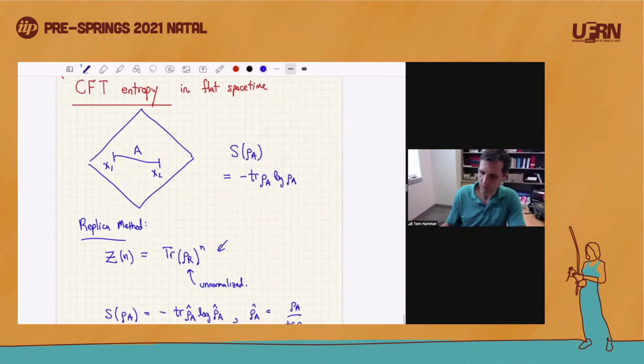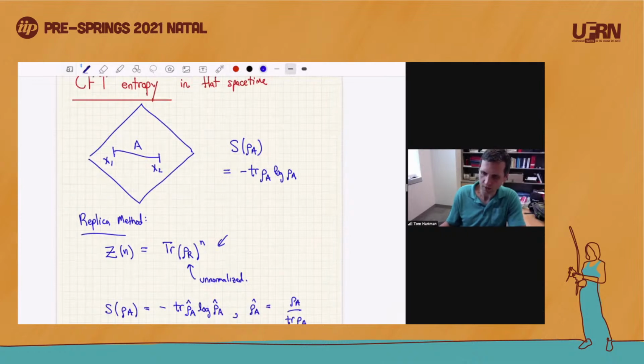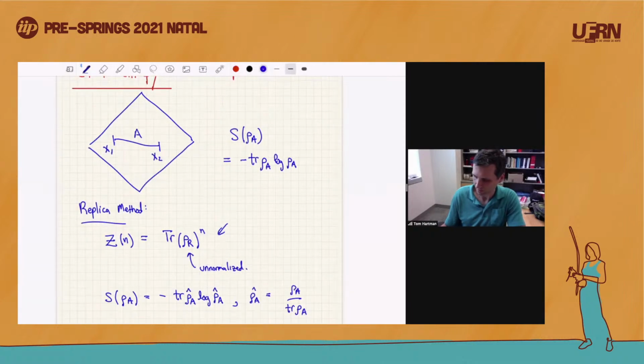Now in this picture, I'm just talking about flat space. We're not doing black holes at this point, but we're going to come back to the black hole in a few minutes. Okay, so